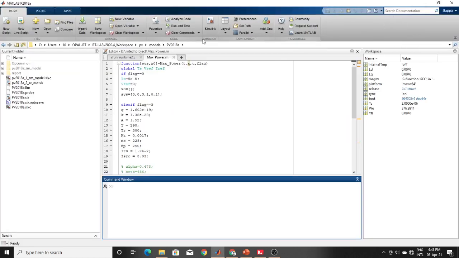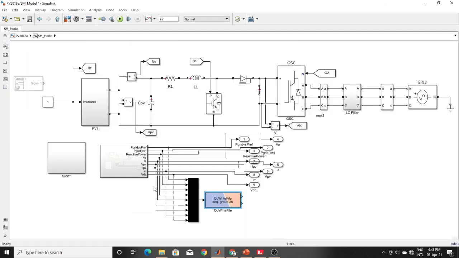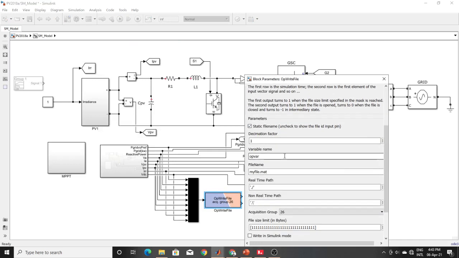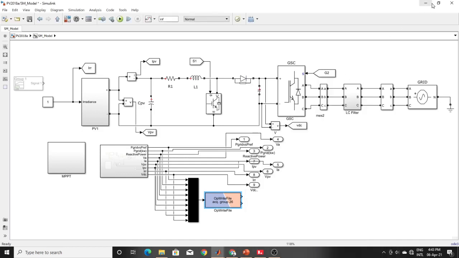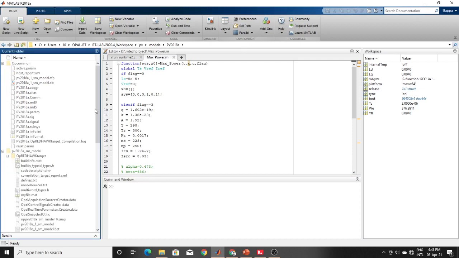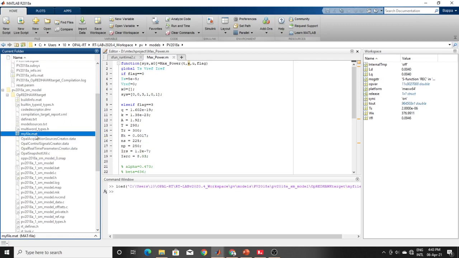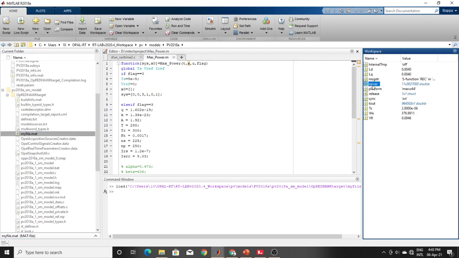Yeah, in MATLAB. Do you remember this file name, opvar, the file variable name, and the file name my file dot mat? You have to go to the outcome, the modern target, and look here for this file, my file dot mat. So double click on it. It already wrote, and this is my variable opvar.